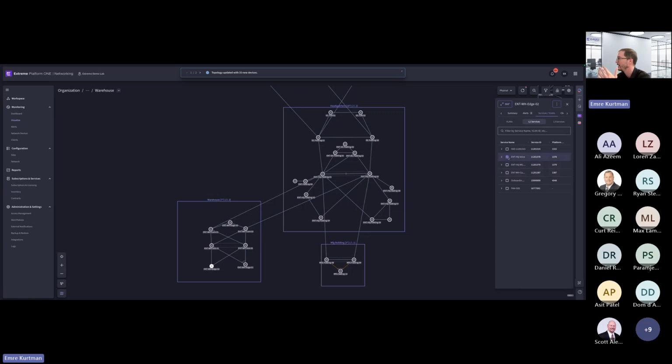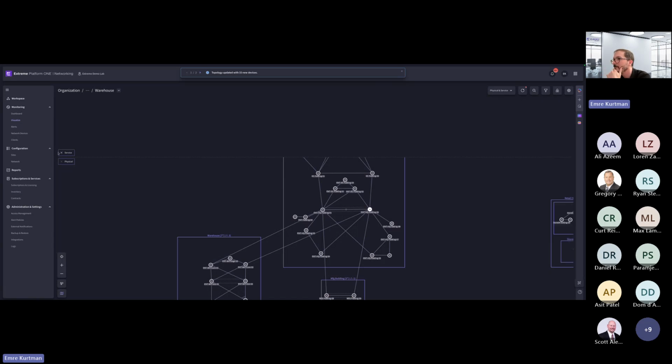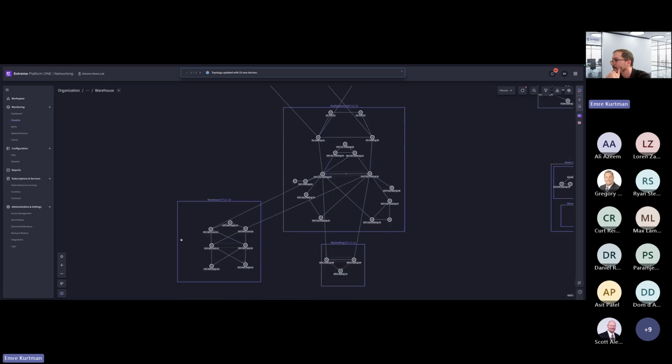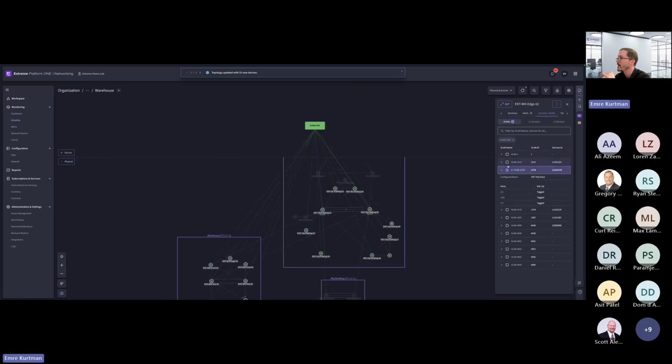When you click on any of these services, let's click on the voice one. Let me do it again. Selected services, and let's select any of these VLANs. In this case, I can quickly see which other nodes, which other devices are also configured with this particular VLAN. This is really easy, and you can select multiple of them.